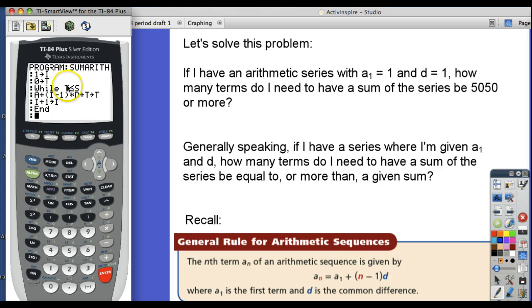So this will run until our t exceeds our sum. And now we're going to display our answer. And this is going to be a multi-line display, so I'm going to use several commas because TI is not very good at this. So I'm going to program display, and I'm going to say